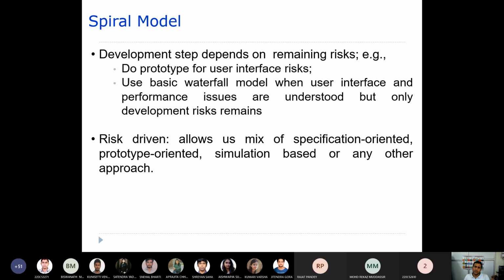But if we are very clear on the user interface and the performance issues, with no ambiguity or misunderstanding, then the only risk is with the development. There is no risk associated with the requirements.